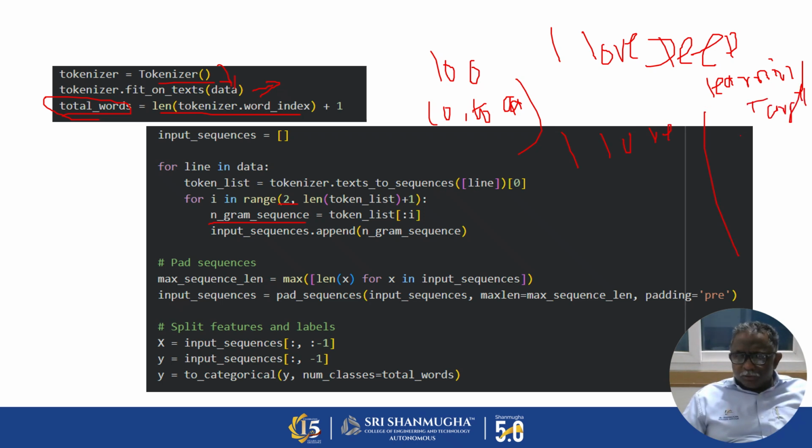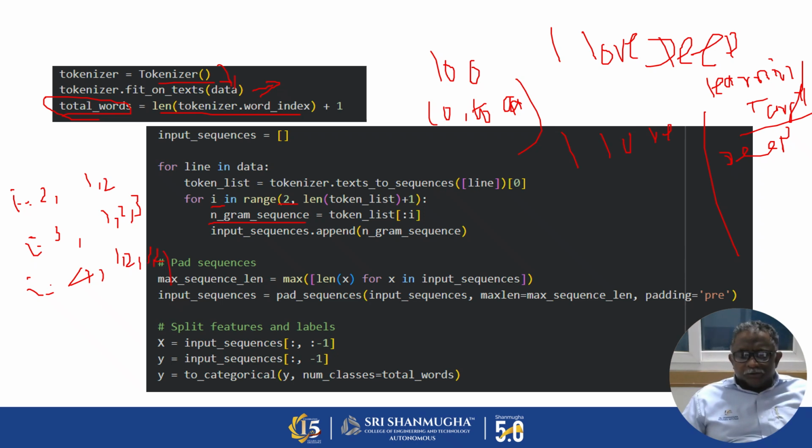In this loop, i represents 2, so it is going to be 1, 2. If I put i equal to 3, it is going to be 1, 2, 3. If I put i equal to 4, it is going to be 1, 2, 3, 4.